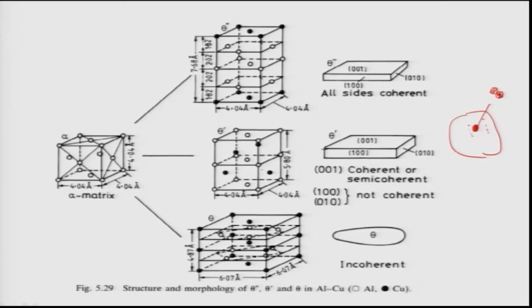So because of that, this phase loses its coherency along 100 or 001 planes. That means the coherency along these 100 planes, these facets, these are the 100, and the 001 planes are these ones. So they lose the coherency. The only coherency maintained is on the aluminum positions, on the top and bottom planes. So because of that, now the dislocation has 2 choices. Either it can cut through this precipitate or it can form a loop